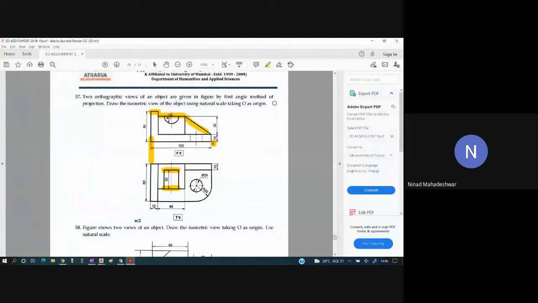Now understand this part carefully. If I look at the top view, this entire rectangular section actually starts from some distance inside. How far inside is it? Can anyone tell me? This entire section in front view, how far inside does it start? 20 mm. This entire part is 60, this is 10, this is 30, so the remaining over here is how much? That is 20.